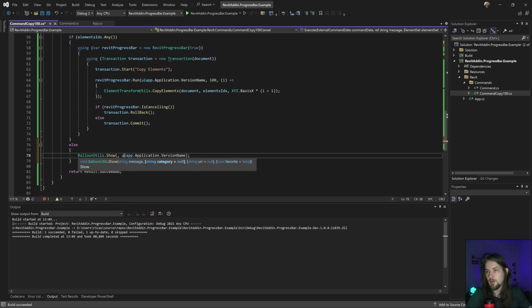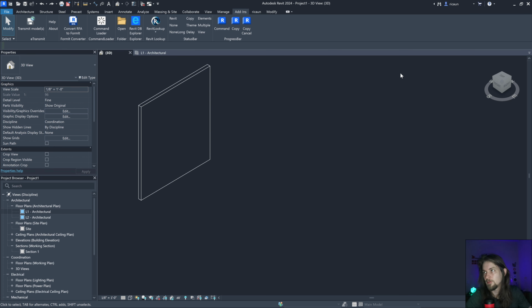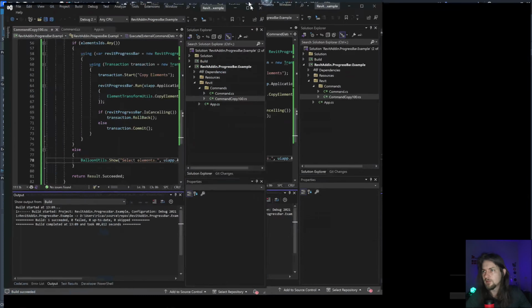Yeah, let's show the name and select elements, something like that, maybe. Good. Yeah. And if I click in here without that, it's gonna show this pop-up inside Revit. That's the balloon. So yeah, basically that's it.